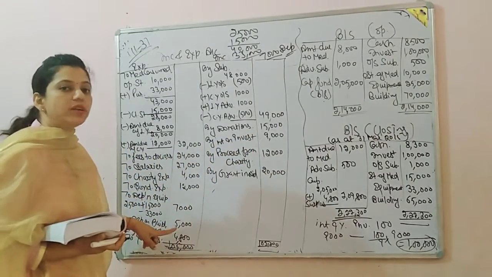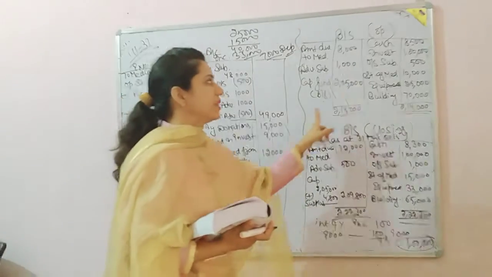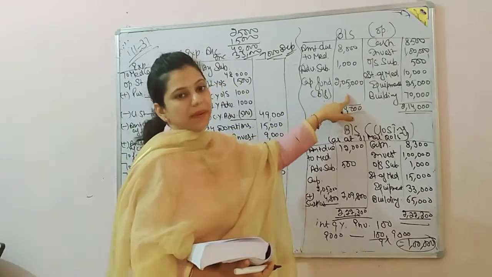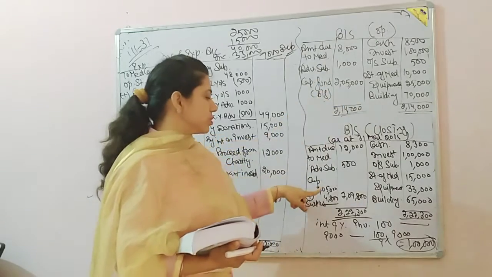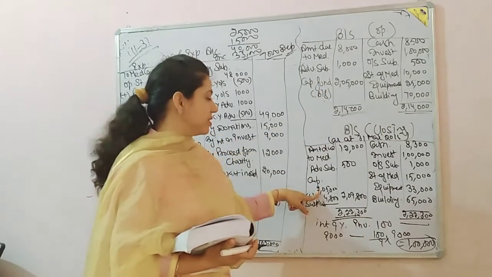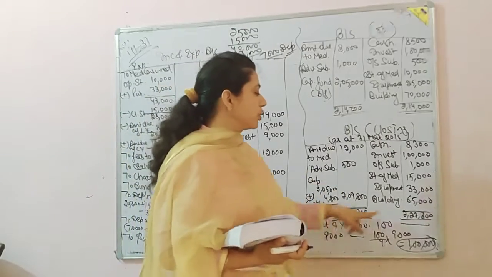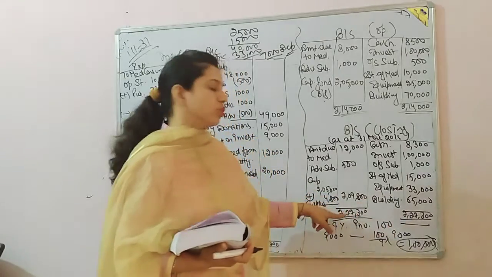That is also called surplus. So surplus of 4,800. What is the balance of opening balance sheet? Balance of opening balance sheet is opening capital, or you can say capital fund. This capital will come in closing balance sheet plus the added surplus. Now if total of both sides of closing balance sheet are equal, that means it is okay.